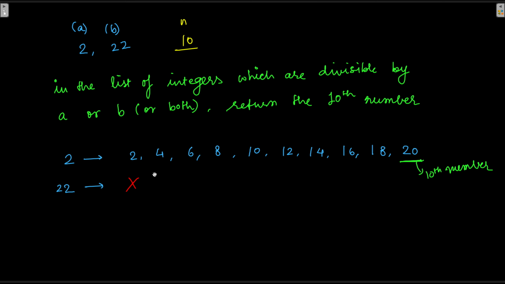Just one more example, just for the sake of it. One number is 2 and the other number is 22, and n is given as 10. Again, we take the minimum of the two, and that is 2. We multiply it by 10 and we get 20. So we know for sure that our number is going to be present in the range of 2 to 20. We create this range, and because 22 is bigger than 20, we don't really need to put any list here. So 2 contains the whole list, and the last number of this list is going to be our answer.